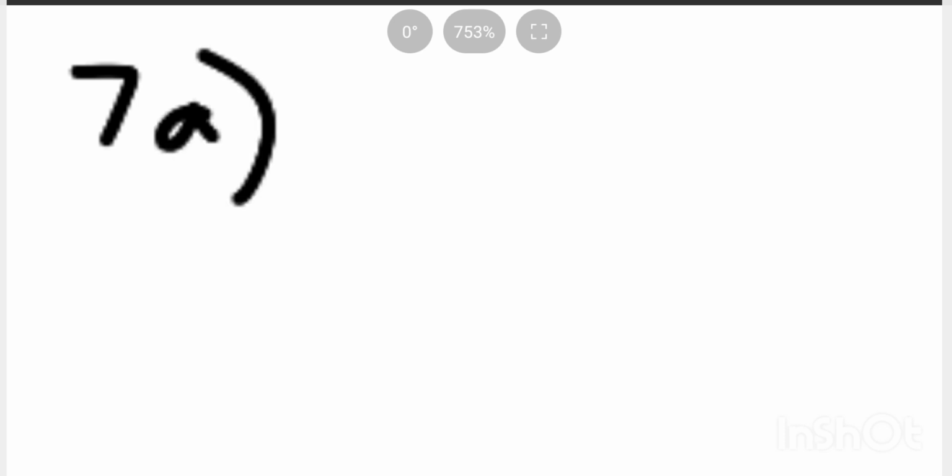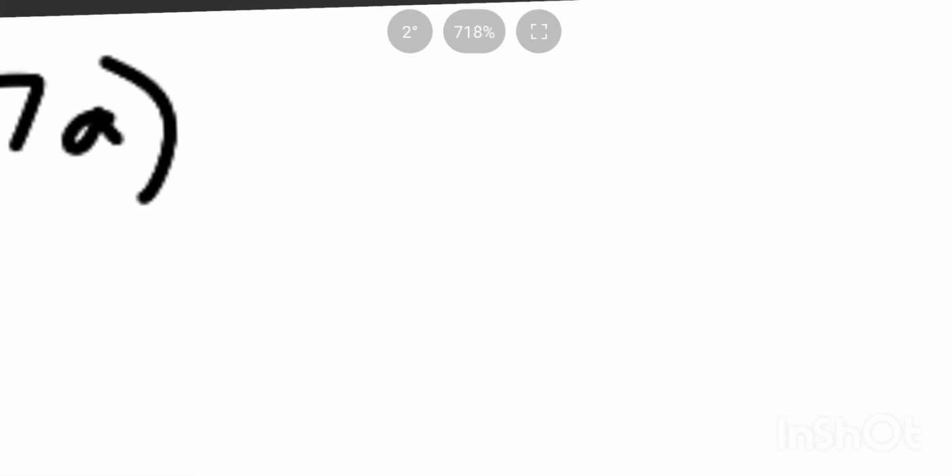Rashid counted the pieces of homework he had done in 3 subjects. He draws a pictogram to show the results. So each circle represents 4 pieces of homework, and there are 4 quarters in the circle, so each quarter represents one piece of homework. And then it says 7A: Rashid did 5 pieces of geography homework, show this information on the pictogram. So if we just draw this pictogram,